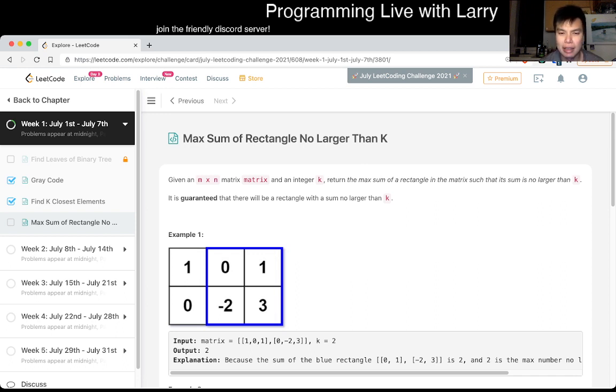You can do something in n log n by using prefix sum and then binary searching on the endpoints. Is there a sliding window thing? I don't know if there's a sliding window thing,